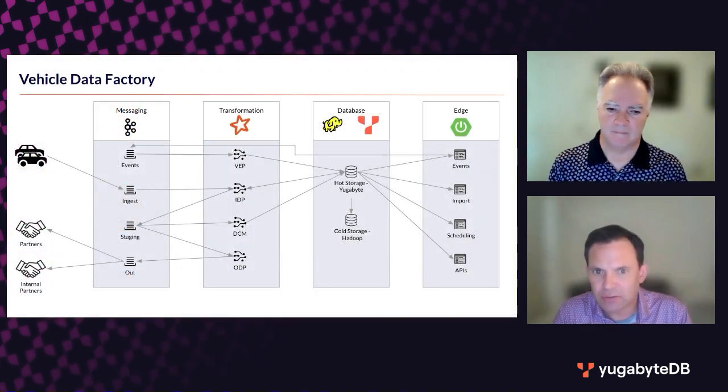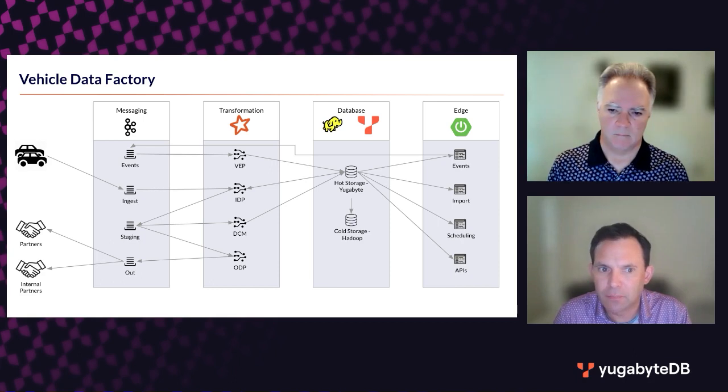And this slide shows the high-level architecture of this system at GM. It's called Vehicle Data Factory, or VDF, but it should look pretty familiar to our simpler architecture diagram. It definitely aligns with that general architecture. So you can see they've created